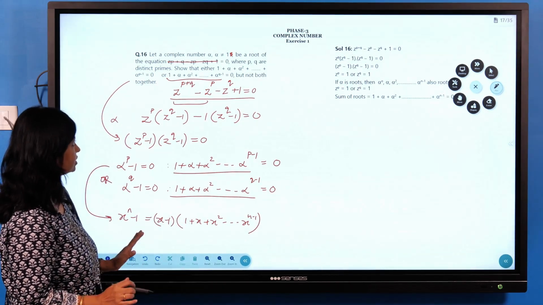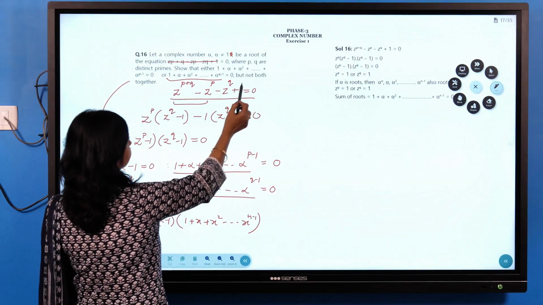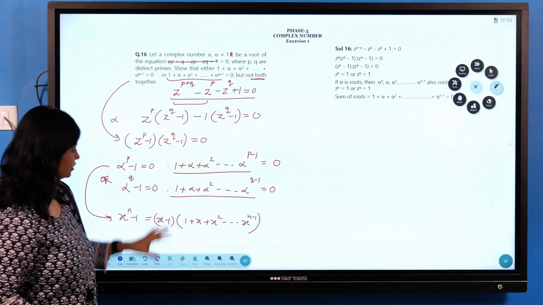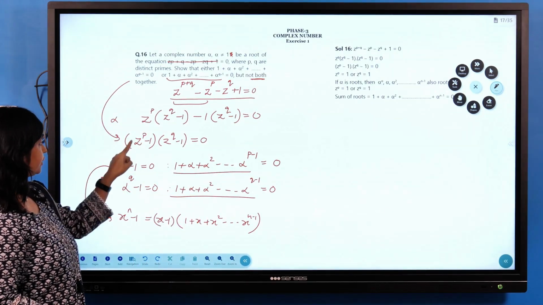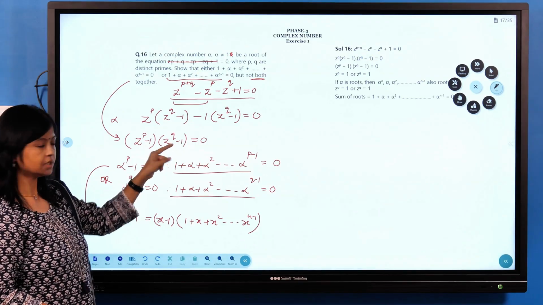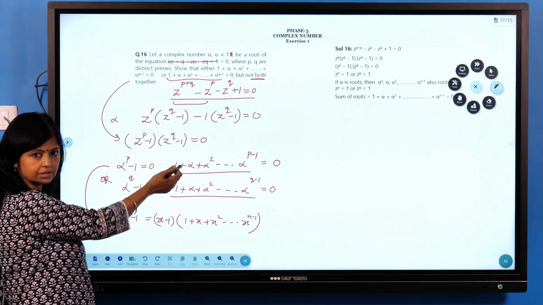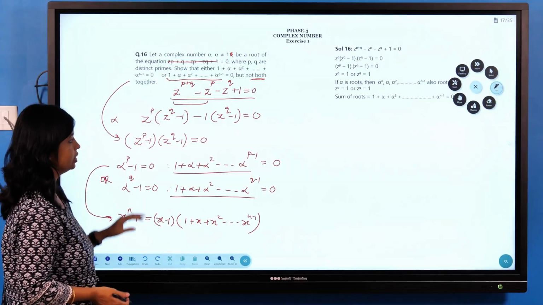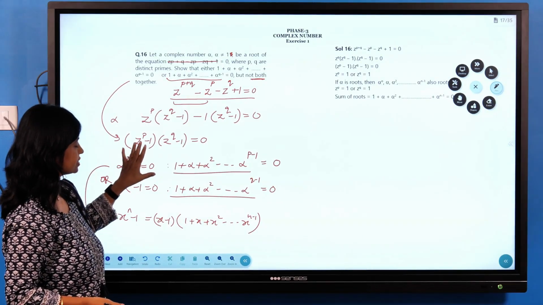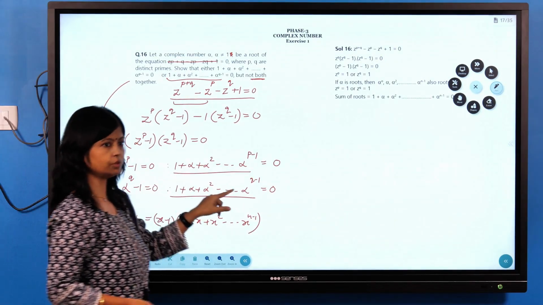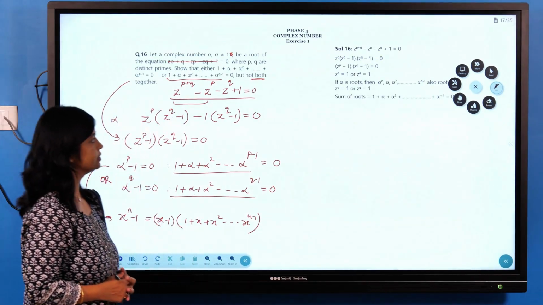So our question here is, why we know that these two are true, or if alpha is a root of these two factors, then we know from our expression it is either this is true or both can be true. But what we have to first understand is why only either of them is true and not both. The reason being,